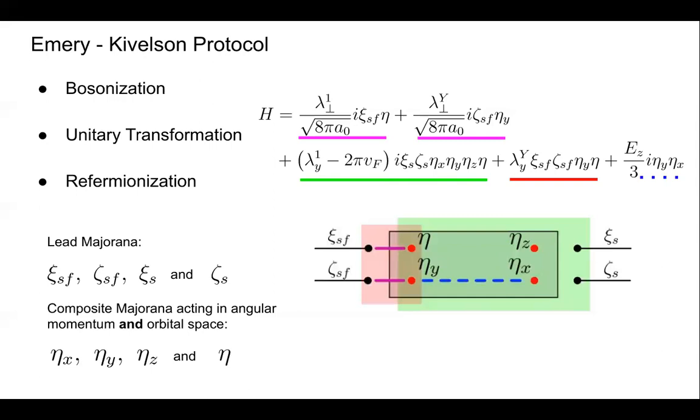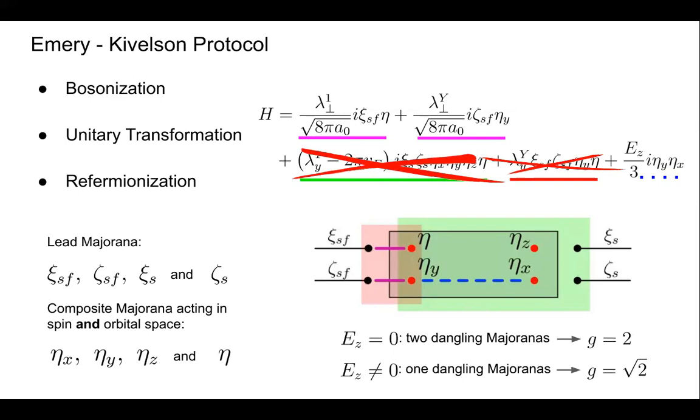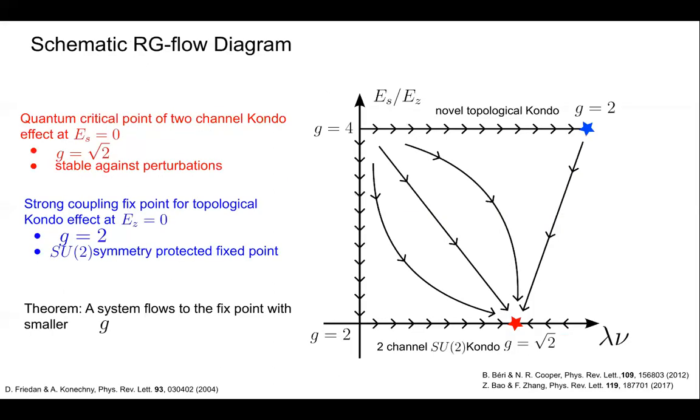And since we know that if we take an anisotropic coupling and we go from there over an RG flow back to isotropy, we can just say, okay, let's kick away the interaction terms. And so we're now dealing with the free model. This is called the Toulouse point in this case. And what we then see is that in the case of EZ equals 0, we have two dangling Majorana fermions. So we will have a G of 2. While once we have any finite EZ, one starts to hybridize in here, and we only have one dangling Majorana fermion, so G is again square root of 2. And this said, we can now complete this RG phase diagram because we know, okay, up here G